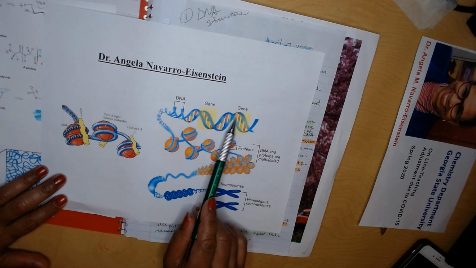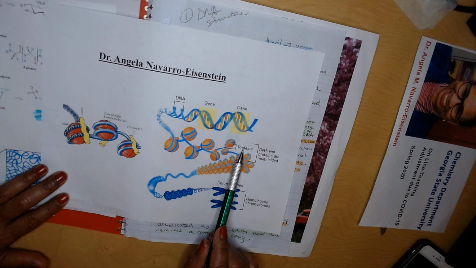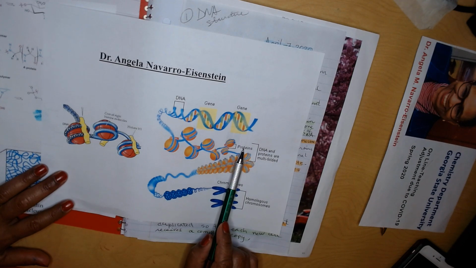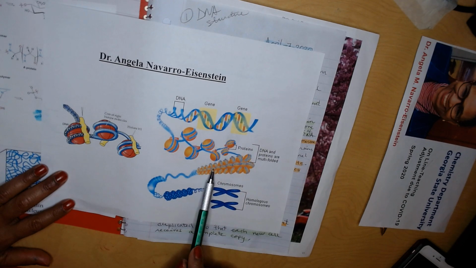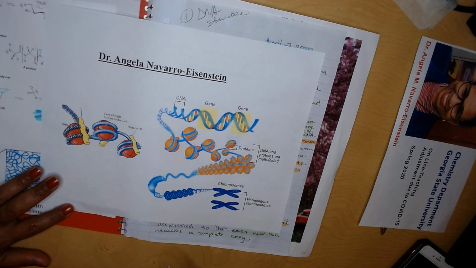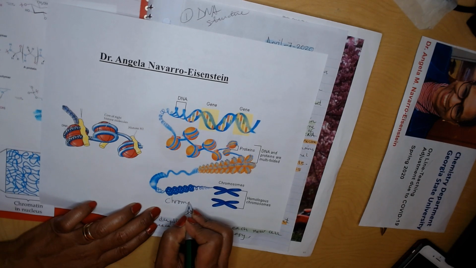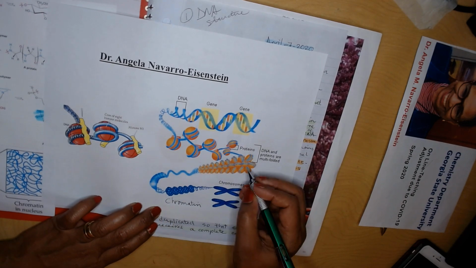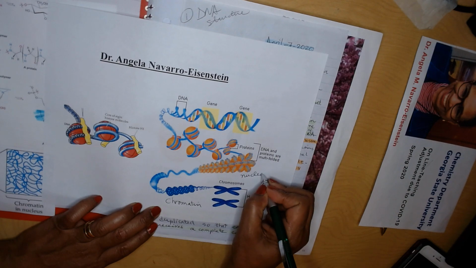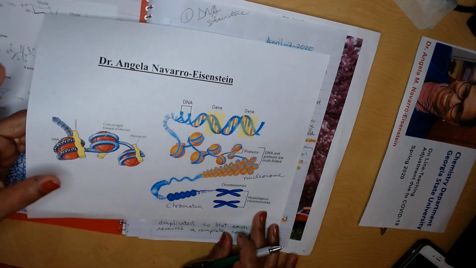And that molecule of DNA is so long that it's going to be around these proteins that we call histones, folded to make what is called the nucleosome. Nucleosome forming what we call the chromatin. But we discuss a little more of that because that is going to bring the stability of the molecule